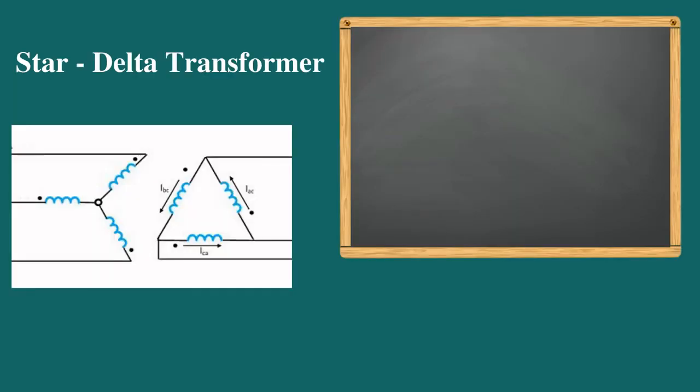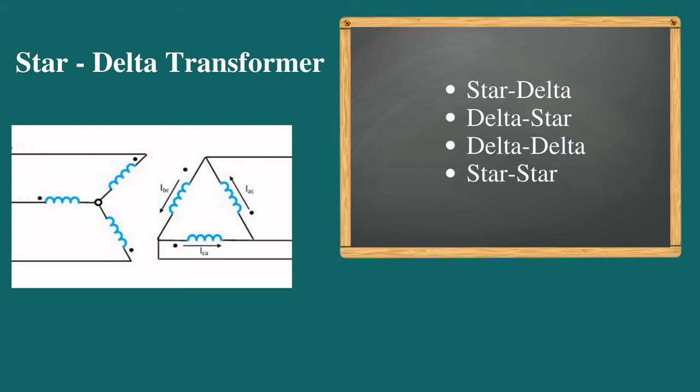Now, from three-phase supply, from three-phase configurations, transformers also can be constructed. As you can see, the primary side of the transformer is connected in star connection and the secondary side of this transformer is connected in delta connection. So it makes it a star delta transformer. And other variants or other configurations of transformers are delta star, delta delta and star star.